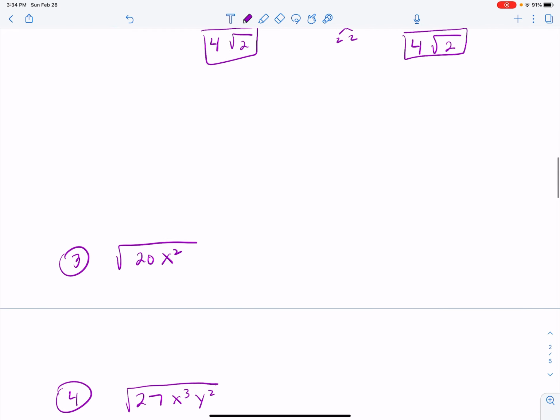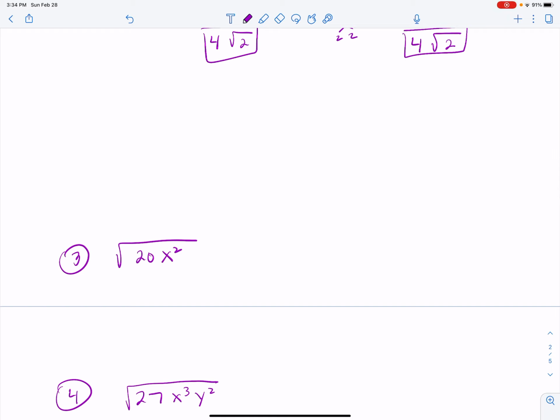So hopefully that helps. Take a look at number 3. Now we're going to introduce the variable. And a lot of times students like to use the prime factorization when they get into the variables. So we could say that this guy is the square root of 4 times 5 times x times x. So that would be, again, we could then break up the 4 into 2 times 2 times 5 times